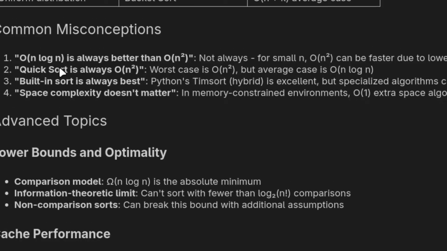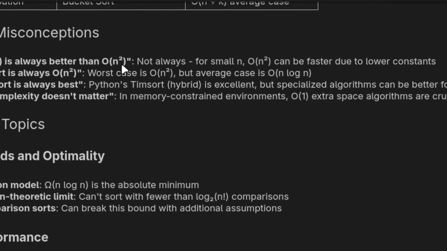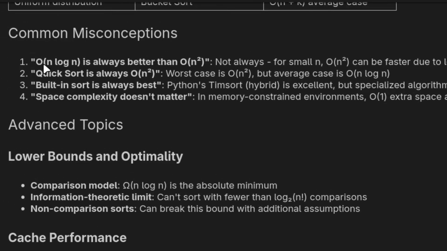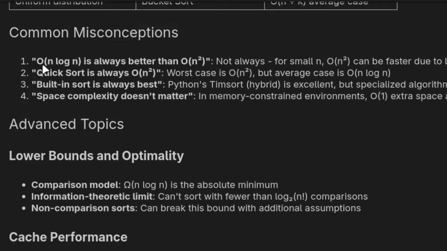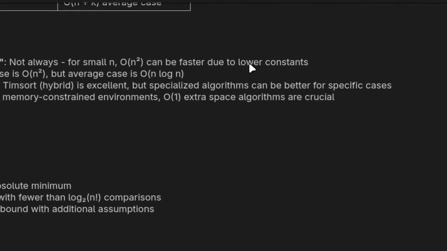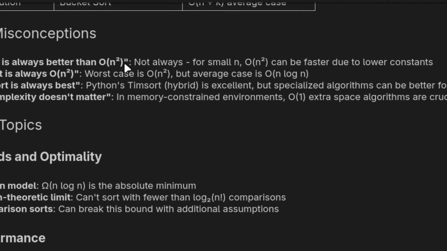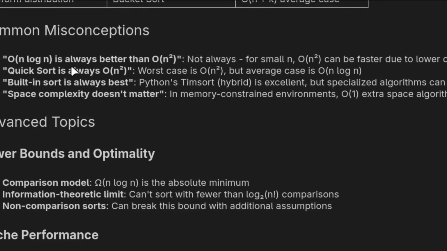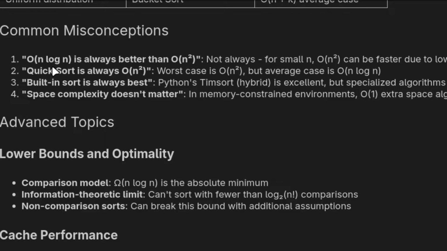Okay. So big O of n log n is always better than n squared. You might think that okay, n log n is always better than n squared, but this is not always. For small n, n squared can be faster due to lower constants, and that's what I gave you guys as a homework to compare between n squared and n log n. Okay, so understand that